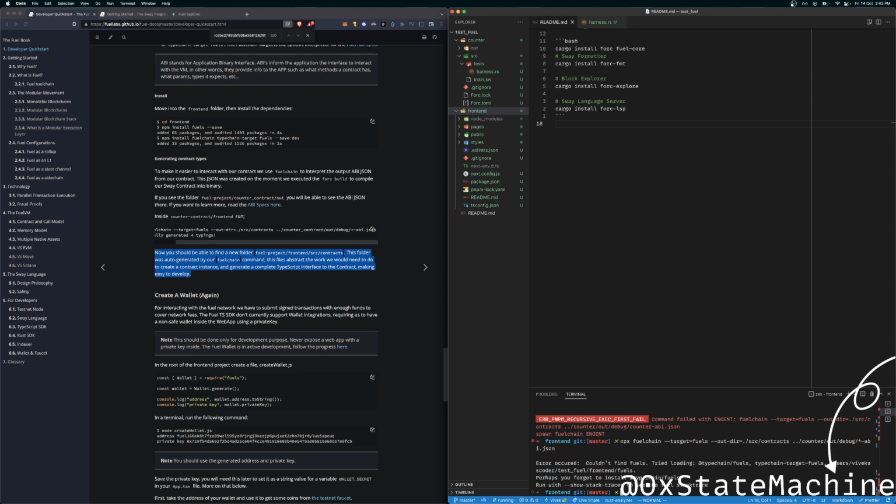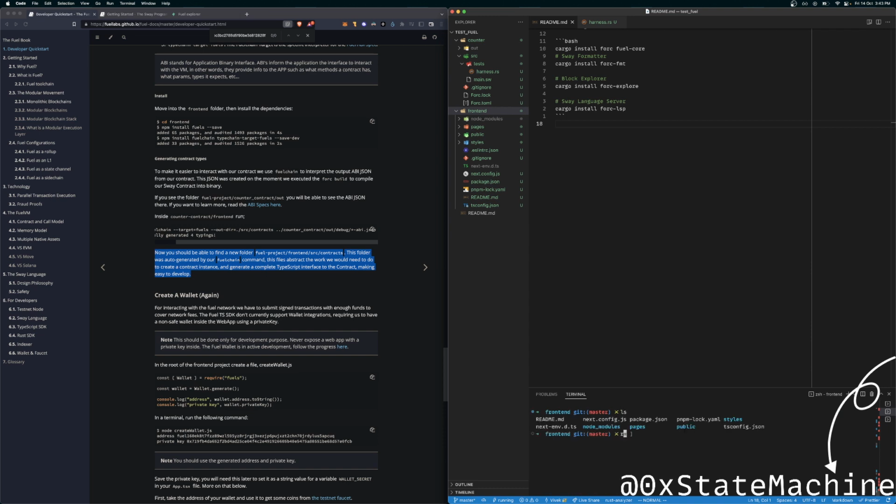It could be, actually. So what I can do is something like npm install.